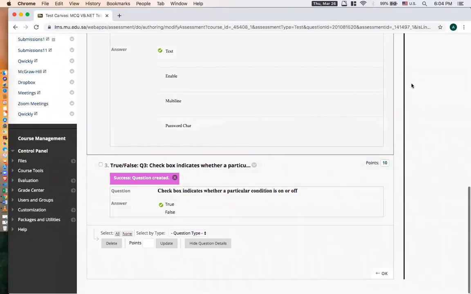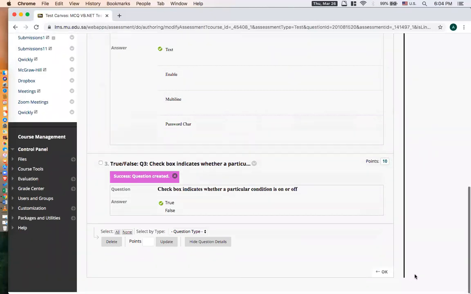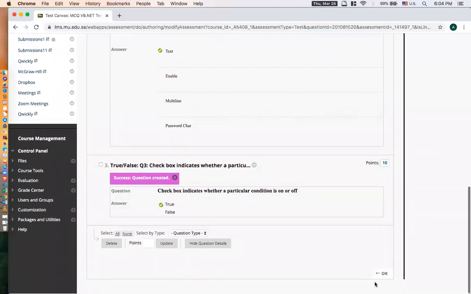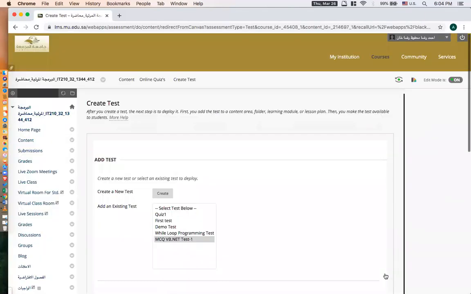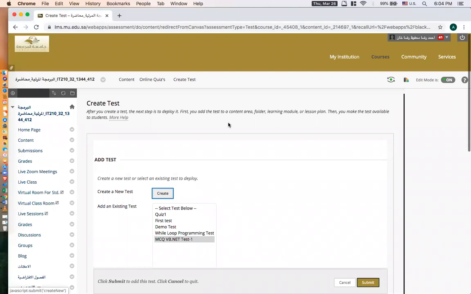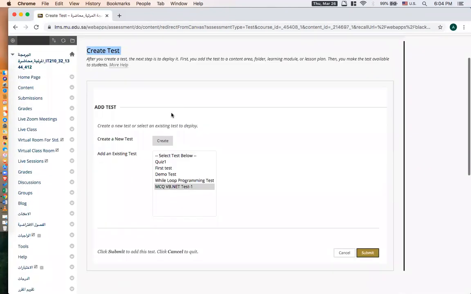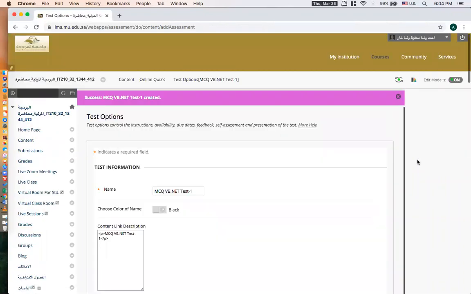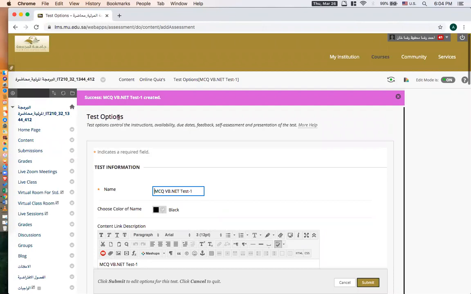Once you have created all your questions, click on this OK button over here, okay? Click on this OK button. You will be directed to a new screen, which is create test, right? In this create test, you will find the test which you have created. So the test name is MCQ VB.NET test. Select your test and click on the submit button. It will open test options